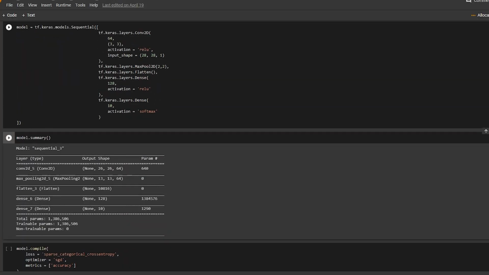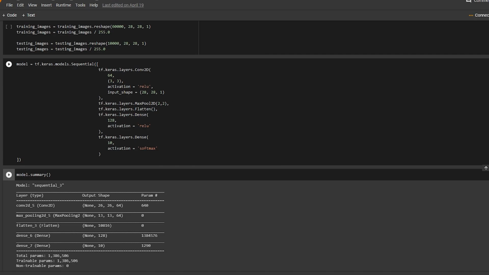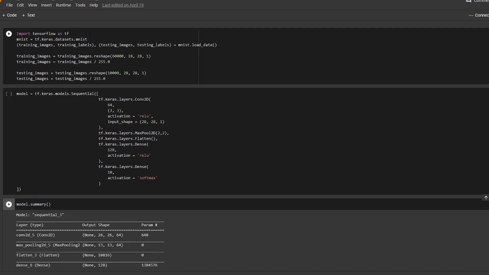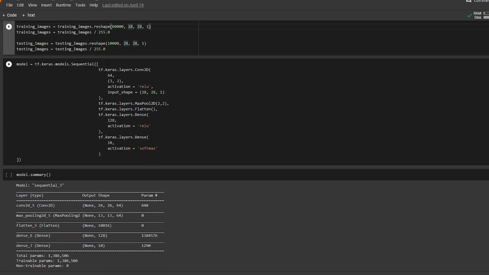Now let us try to improve our neural network in order to change the parameters. I have my neural network that I used in the last tutorial. First of all, let me explain the code. The code is very basic. I am taking the images from TensorFlow and splitting them into train and test sets, with 60,000 training images of 28 by 28 dimension. I am reshaping them, then dividing by 255 so that the values are between 0 and 1.